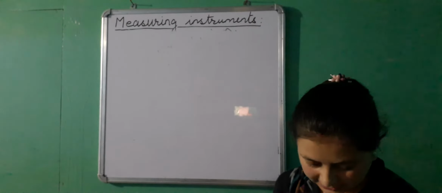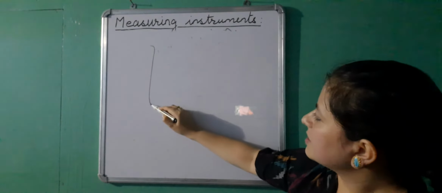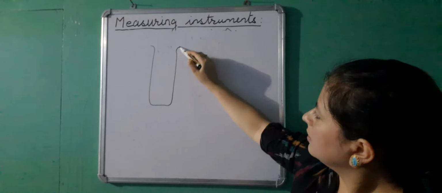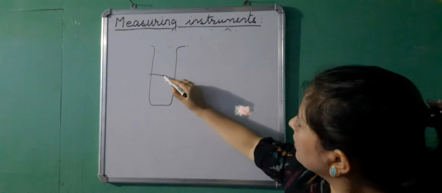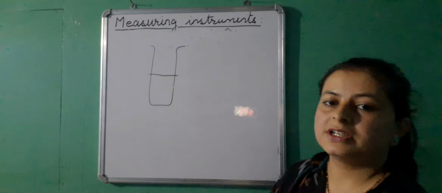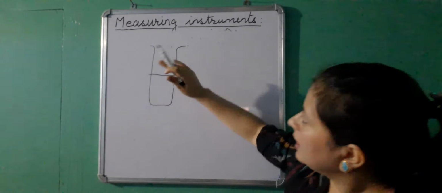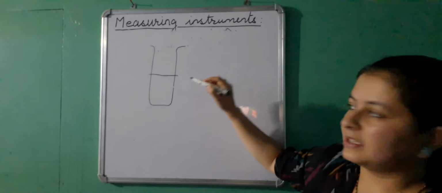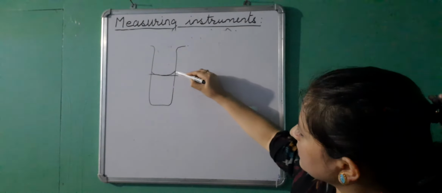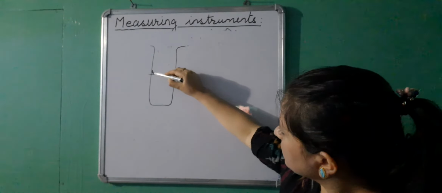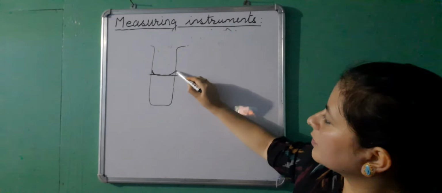Now we will take another example, a measuring cylinder. A measuring cylinder usually measures the volume of a liquid. The liquid doesn't stand still in a glass container or any container. It will form a meniscus. This meniscus is formed and the observation has to be taken for the lower meniscus and not for the upper